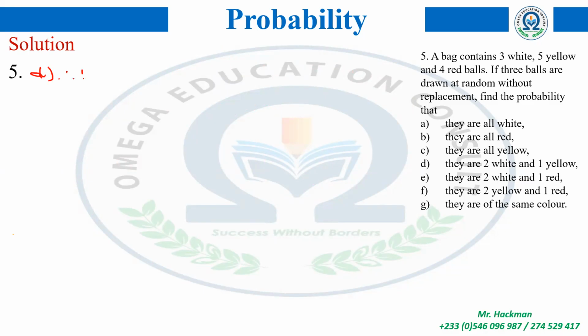D, what are we looking at? Two whites and one yellow. Okay, very good. So this will be equal to P of 2W and 1Y. Am I right? Yes, please. Okay, which will be equal to